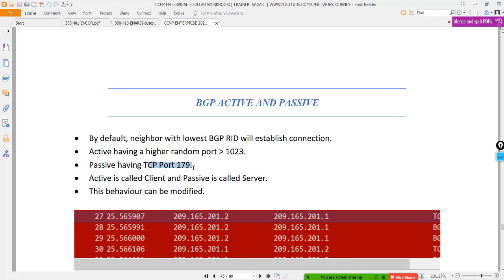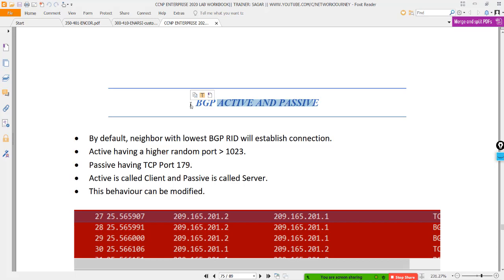This is something we are hearing for the first time in case of BGP, whereas in case of OSPF and EIGRP things used to be different. Let's say when router A is sending a hello packet, router B would be listening on so-and-so port number. Similarly, when router B is sending a packet, router A would be listening on that multicast address.